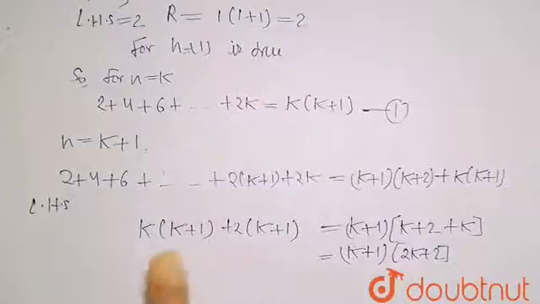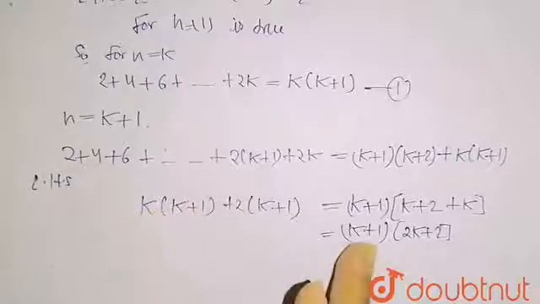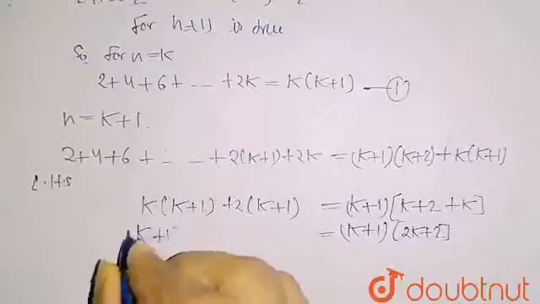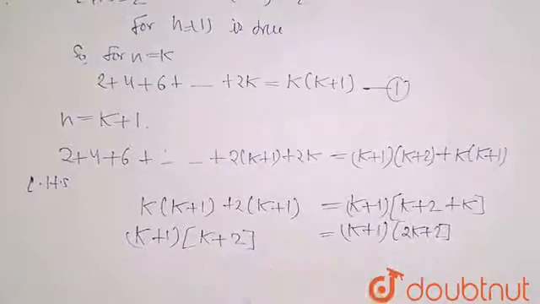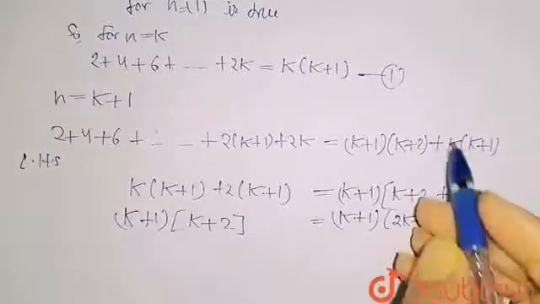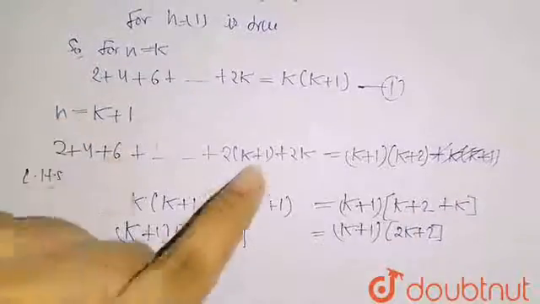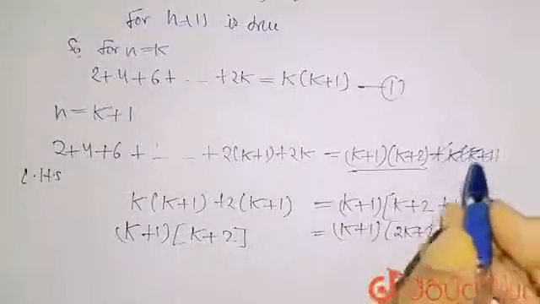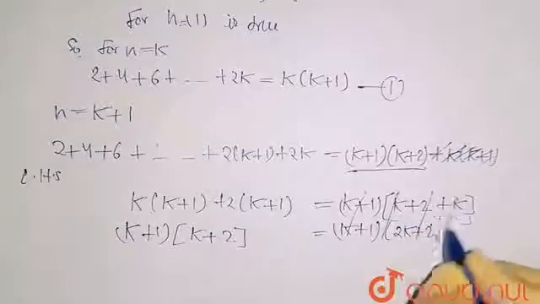You have to simplify this term now because I have to prove this term equals RHS. You can take k plus 1 common, so I will get k plus 2. Actually, on this side we don't take this term. Here I have just put k plus 1 in this value, so I got this value. By chance I have added this, so don't consider this. You will not write this term.